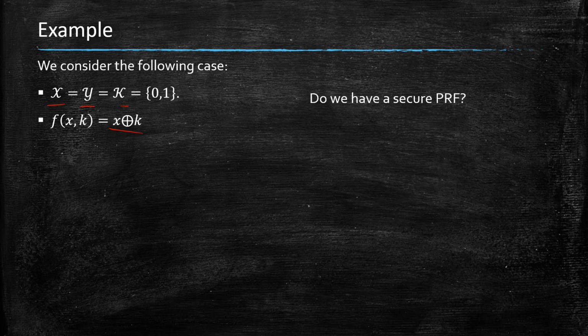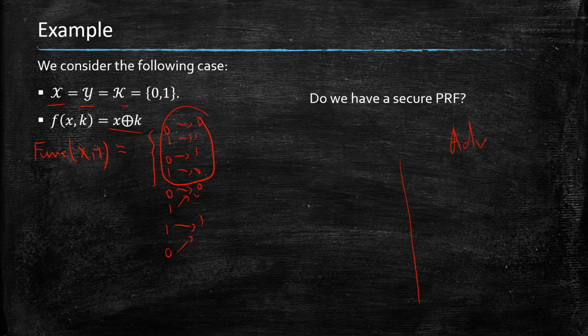So first, we notice that the space of functions, let's call it Func from X to Y, is made of the function that maps 0 to 0 and 1 to 1, the function that maps 0 to 1 and 1 to 0, and then the function that maps 0 to 0 and 1 to 0, or 1 to 1 and 0 to 1. So these two are permutations, and we know that our pseudo-random function is a permutation. So the way we can define our adversary